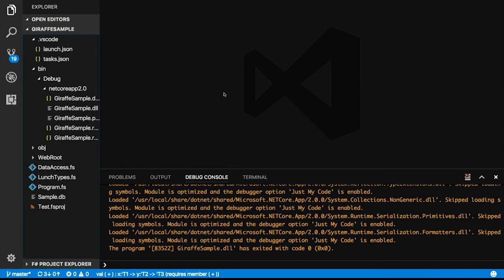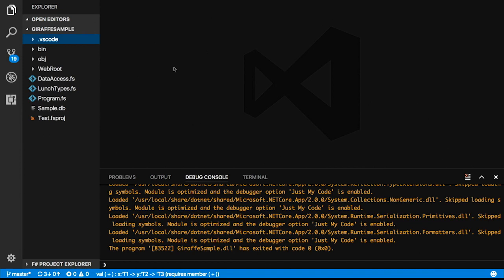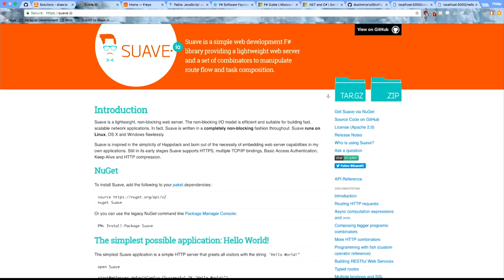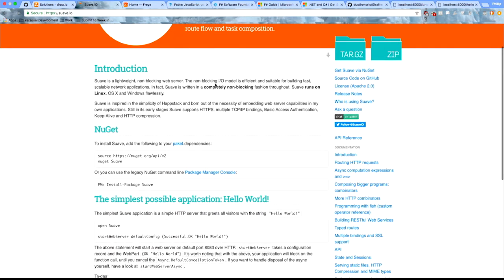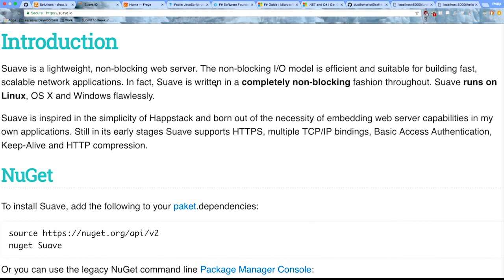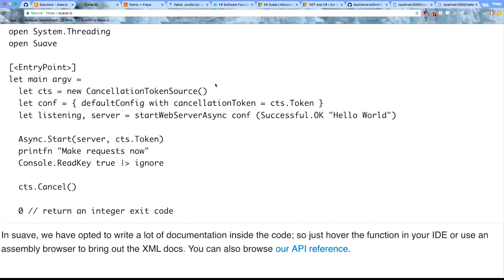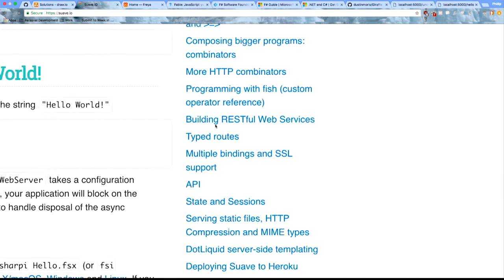So let's see here. So I showed a few things, and I showed the Giraffe web server, but Giraffe is not the only technology that you can use in .NET Core today. I'm going to swipe over here. There's this thing called Suave. And by thing, I mean a library. Suave is just a lightweight, non-blocking web server, and it's just a library that you can use, and it looks somewhat similar to Giraffe. Where you can just start a web server and you can define some routes